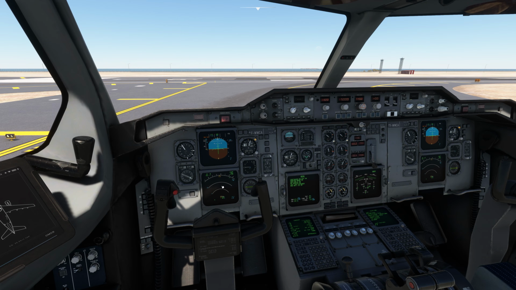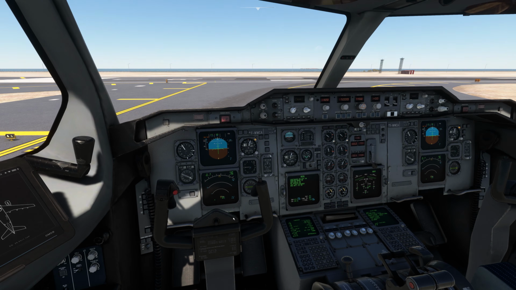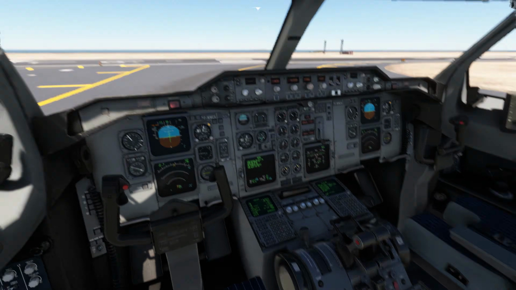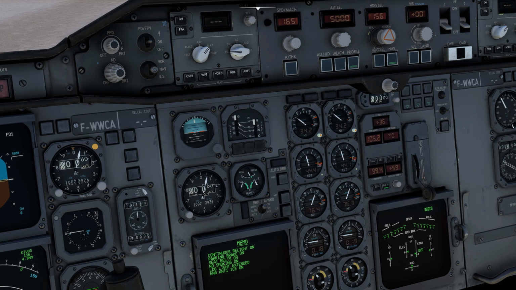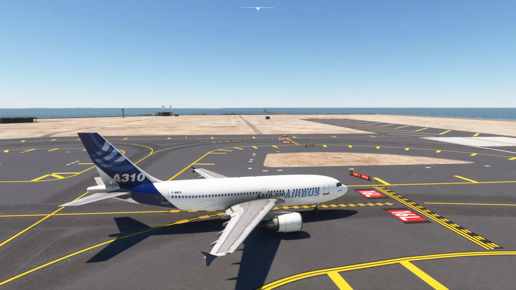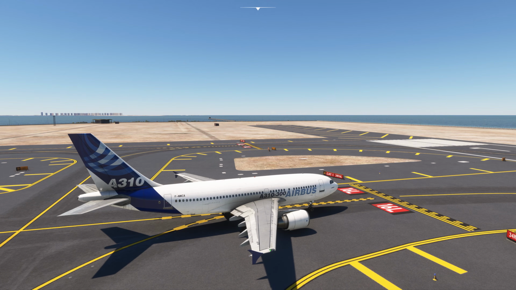Okay. So these are the slats at the front, and the flaps are at the back. So I am now going to set the flaps and the slats by 2 notches. Just bring this lever down by 2 notches, or in your controller, just press the button 2 times. And you have 15 slats and 15 flaps. That's it. Now you can see the slats are extended, and you also have the flaps,